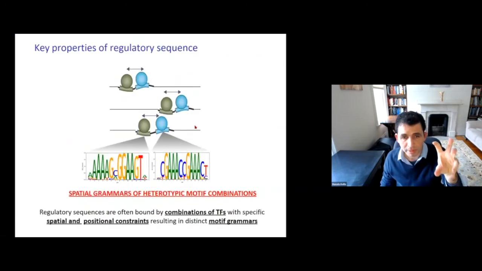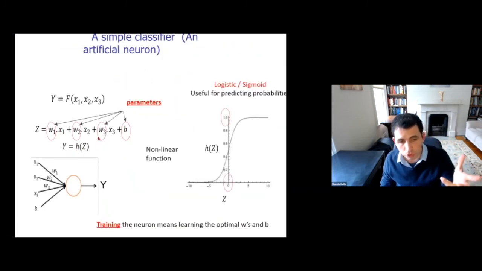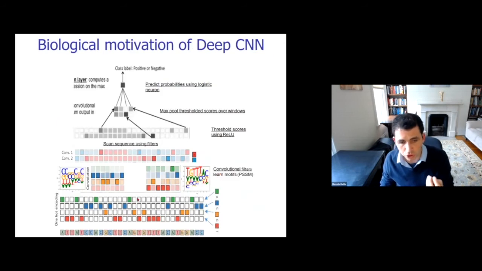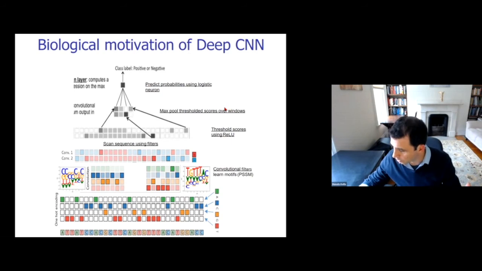Okay, so we basically have the ability to now learn all of these weights through this back propagation to actually start learning these internal representations. So we basically start with a one-hot encoding at the bottom of our DNA sequence. We then learn these convolutional filters. We then use the thresholding to say, did that motif occur in any one location or did it not occur? I don't care about negative scores. And then your max pooling layers that are telling you about what,